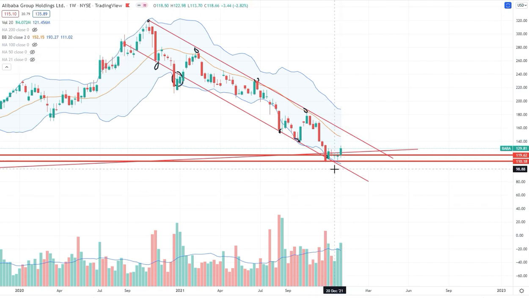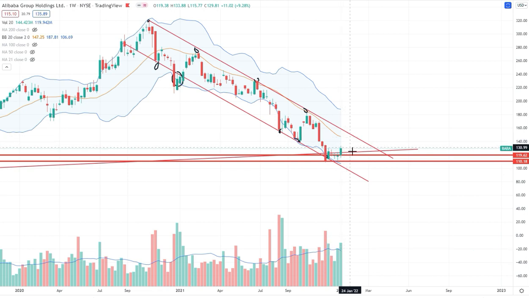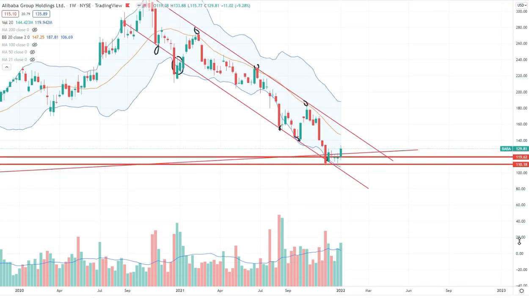So for sure, in the short term, if I should share what my personal target would be in the very short term, it would definitely be $147, because this is where the 21 moving average stands. Then from there we'll see how the price reacts, and we'll be looking into further targets for a medium and long-term period.